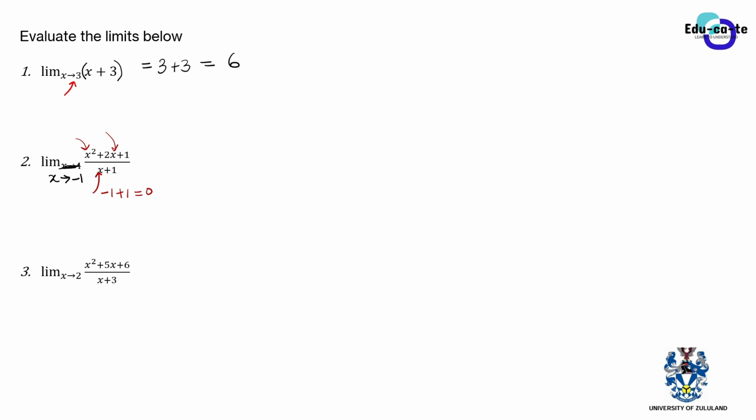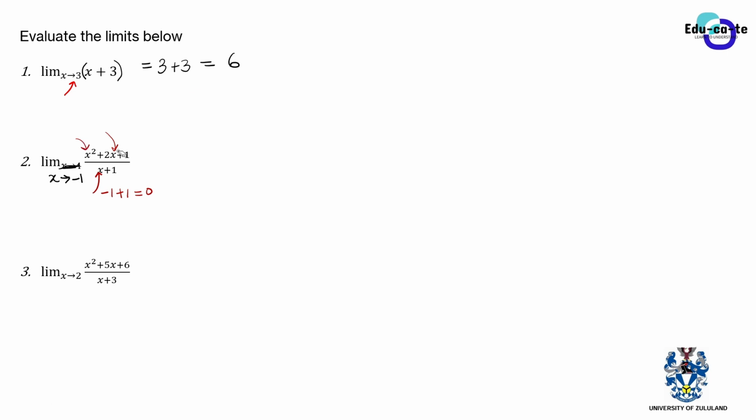So now the thing is here, when it is undefined, when you substitute a certain x value into the equation in attempting to find the limit, and you find out that it's undefined, what do you do? You try to find a common factor. There must be a common factor that is making this undefined. So now let's try to find a common factor.